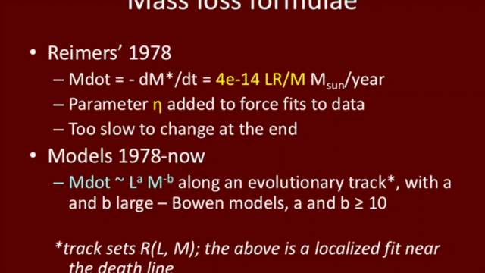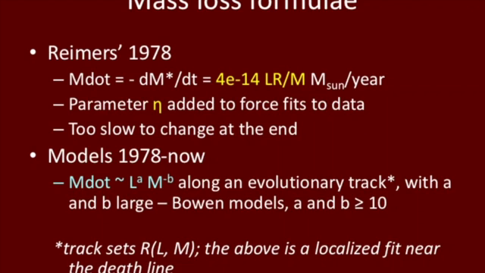So people immediately ran and put this into a lot of evolutionary codes and tried to reproduce what's seen in globular clusters, where some of the Lyrae stars are stars that have lost mass, and what's happened in other populations. And they fairly quickly found that that one universal formula with that one single constant up front didn't actually solve all the problems. So they added a little pre-parameter so that they could adjust it and see what would work in different situations. And they got more situations to work, but not all of them,